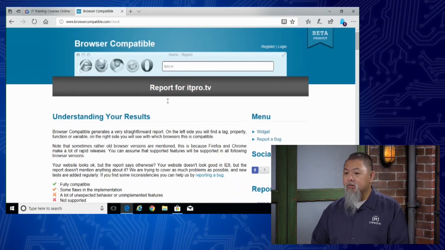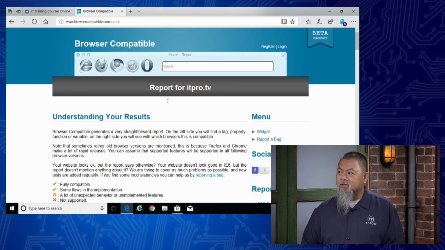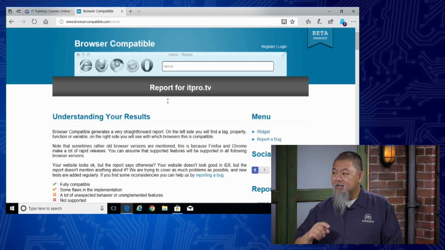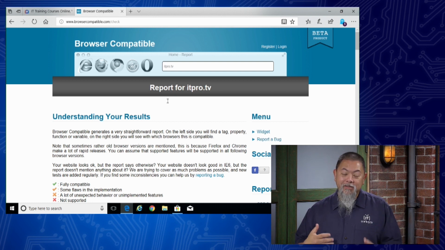Now, this also helps you if you're just browsing, okay? If you're browsing, you're saying, hey, I don't know why this website isn't looking the way it should, or why isn't it actually coming in the way that I think it should? You can just simply come here, at least as a basic test, type it in here and see if your browser and your version number is supported. And as you take a look, all of a sudden you realize your IE7 or 8 is not working too much, well, don't be surprised, since those things are now probably a decade old as well. But at the same time, it at least gives us that ability to check that out.